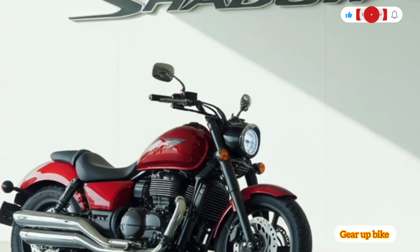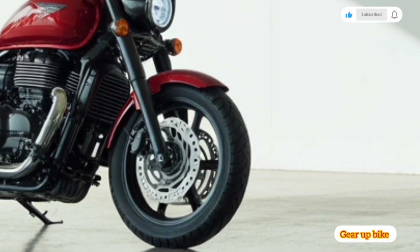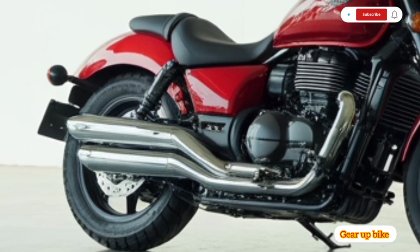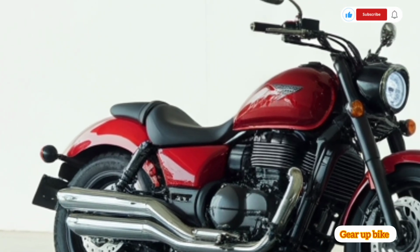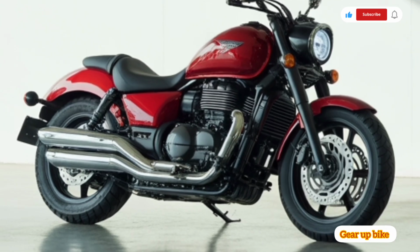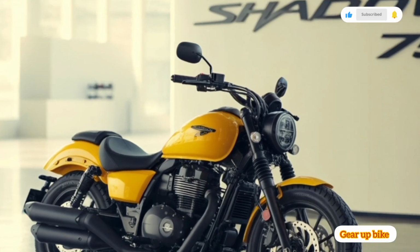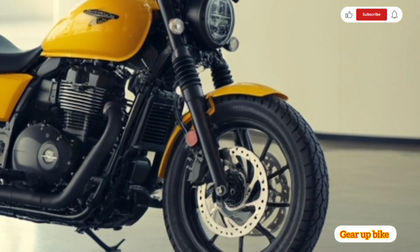Now, let's talk about what's powering this beauty: the engine. The 2026 Honda Shadow 750 continues to use Honda's tried and tested 745cc liquid-cooled V-twin engine, a power plant known for its reliability, smoothness, and effortless torque delivery. Honda has fine-tuned this engine for better fuel efficiency and lower emissions to meet the latest Euro 6 and global standards without compromising performance. It produces around 45 horsepower and 64 Nm of torque, delivering that signature low-end grunt that